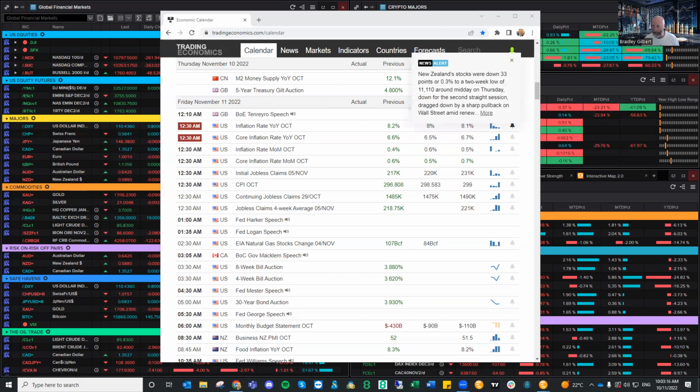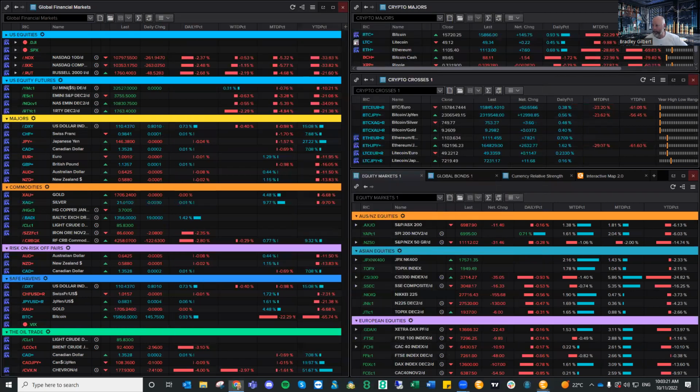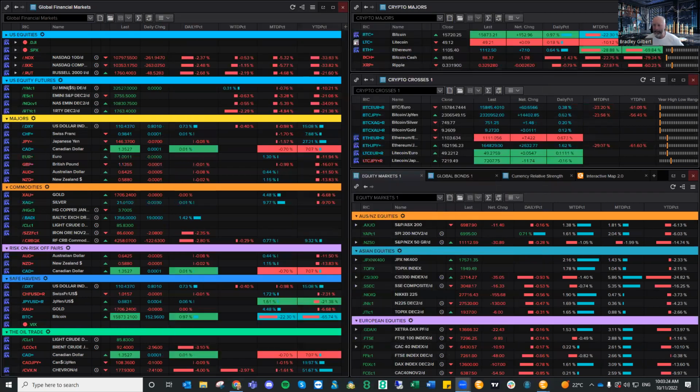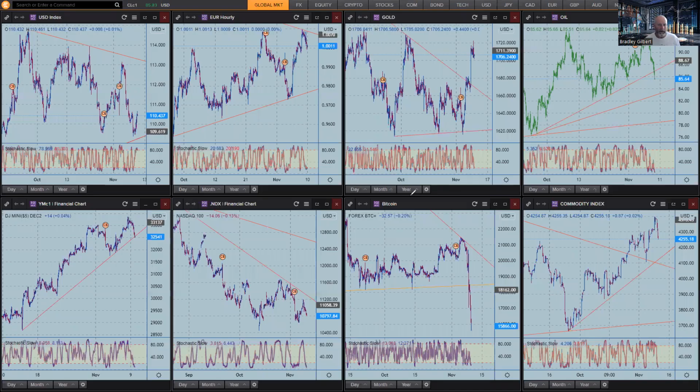So when it comes down to the number, there are a number of different things you need to be thinking of. One key part is, how is everything technically set up? To me, there's a huge amount of pressure points. The flush out last week after the non-farm payrolls flushed out a lot of dead positions.